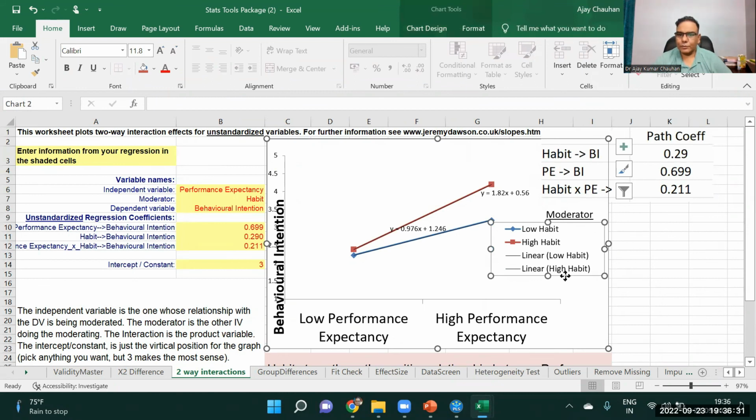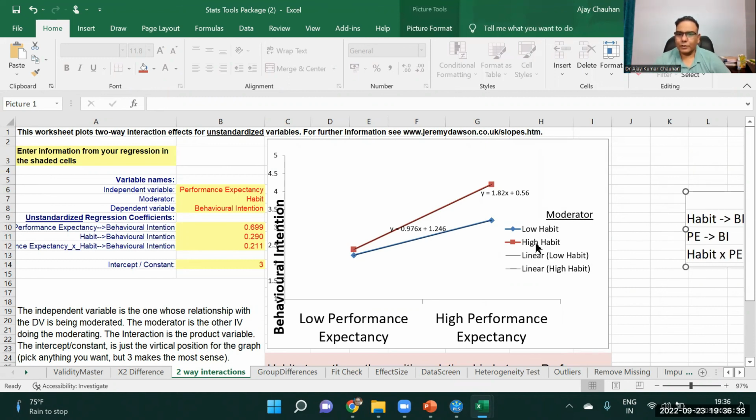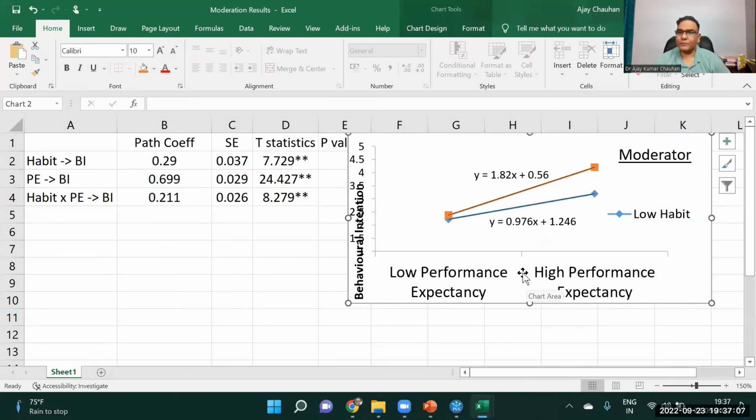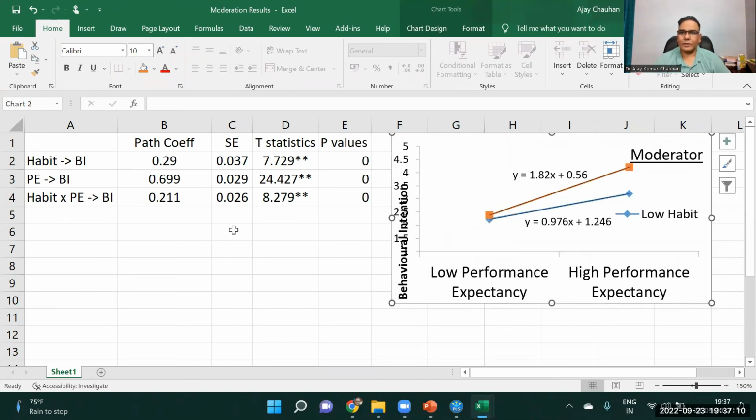So it must be reported somewhere here. Yeah. So this graph actually is, you can see that this is high habit. So for a high habit, the rate of change of X on Y is higher, and the rate of change of X on Y is lower in case of blue. So the impact of X on Y is different for different level. So this is called the moderation effect, simple moderation effect. And in this case, you need to plot a graph, different graphs with different x and y with different moderators. So these two results